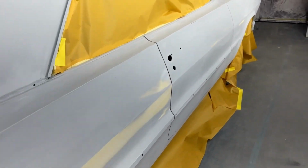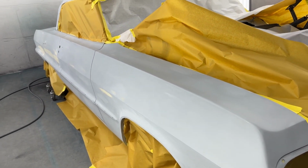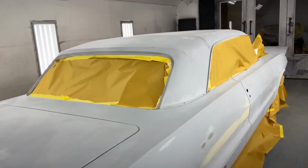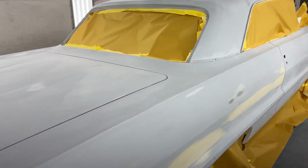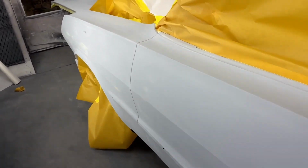Put some feather fill on it, more like a polyester high build primer, just to fill in whatever pops up and to have more material to block on. And so right now we blocked that. The feather fill Adrian did all over again, cleaned up all the edges. Whatever did pop up, he addressed it, sharpened up, crisped up the lines, really nice. And so now I have it in here. I'm gonna go ahead and blow it off, clean it, and put some of that polyurethane primer by PPG,